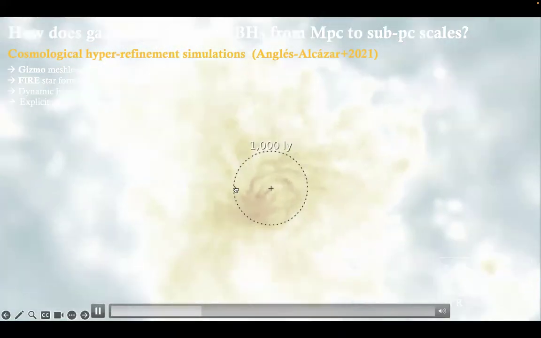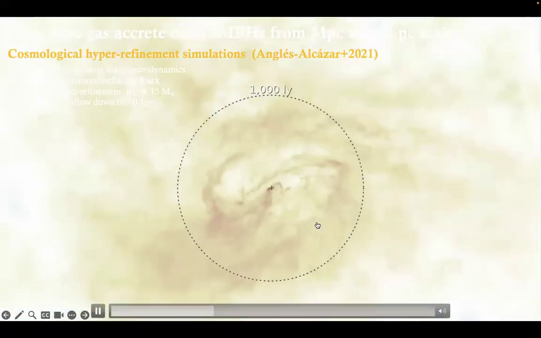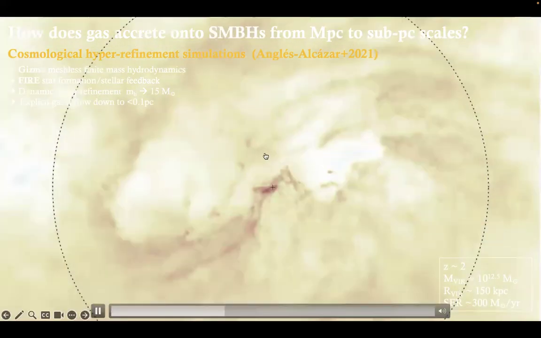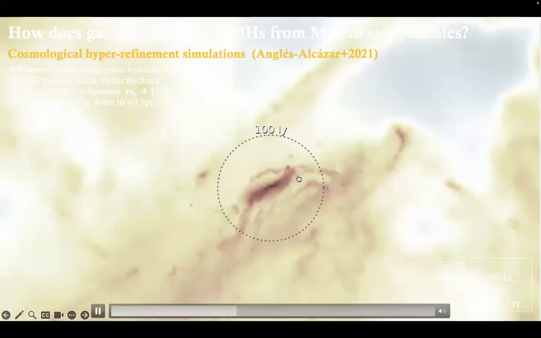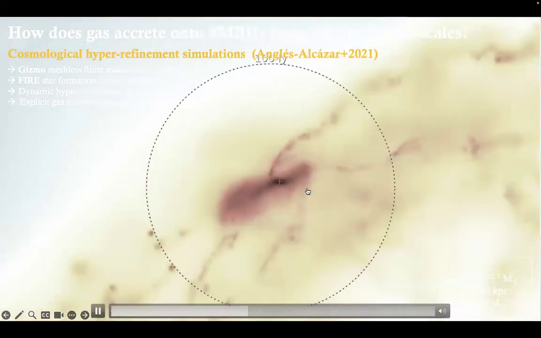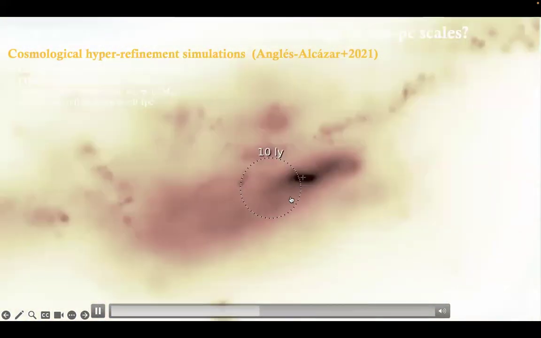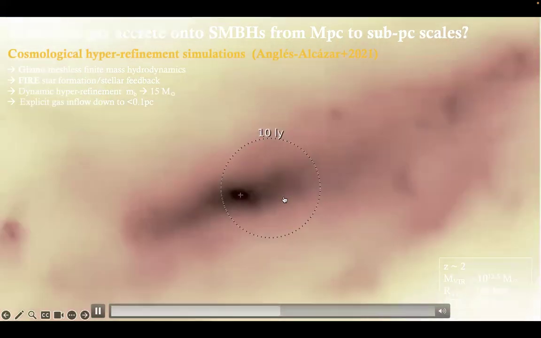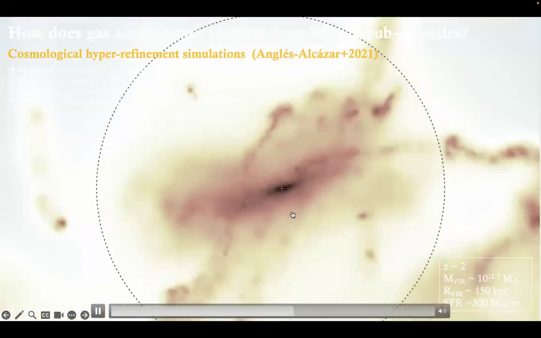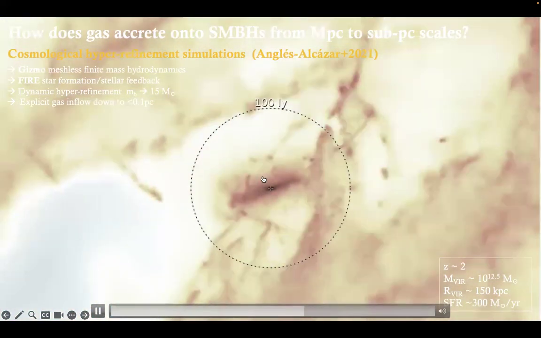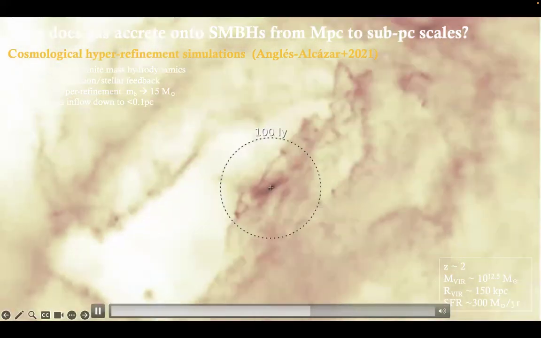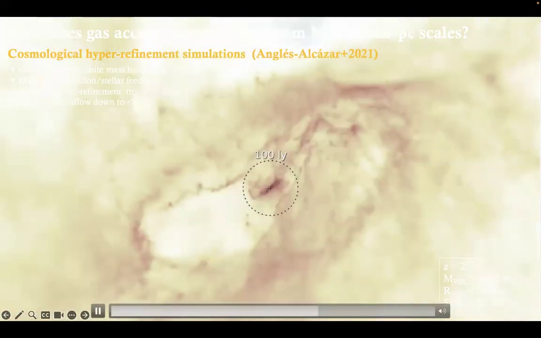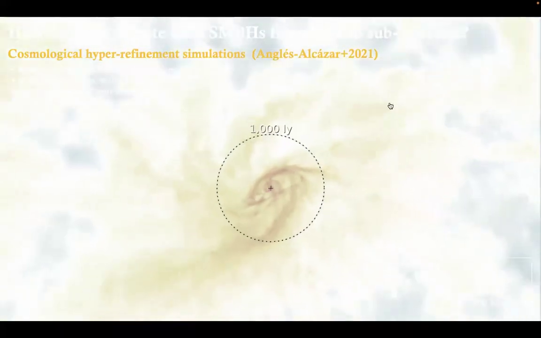But now that we are zooming in down to the very center of the galaxy, you see that the dynamics are much faster. And then at the end, when we zoom in down to a few parsec scales, you can see that the black hole is here. The location is marked by the cross sign, and it's actually moving. So the black hole is interacting gravitationally with the lopsided stellar disk and gas clumps and all of these complex